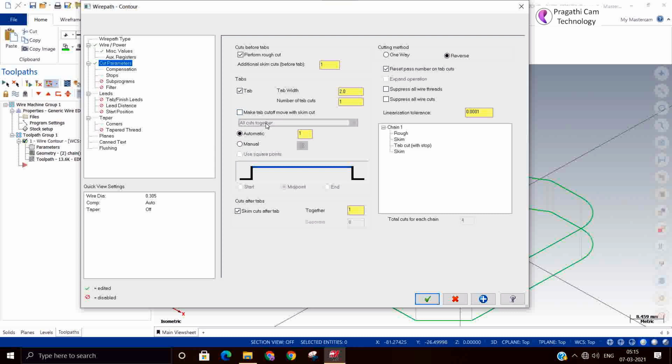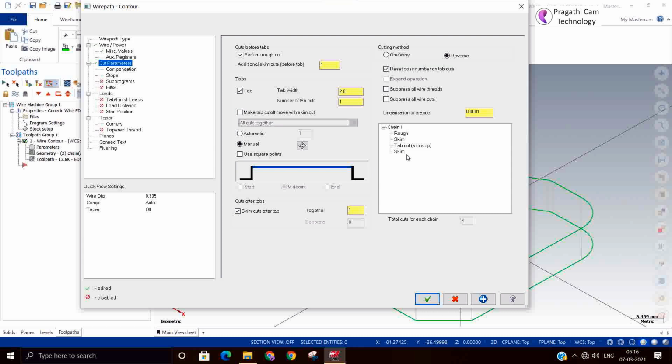By switching on, you will get all these options. Make a tab move with skim cut. First it is rough cut, then one skim cut without stop. After that there is one more skim cut.